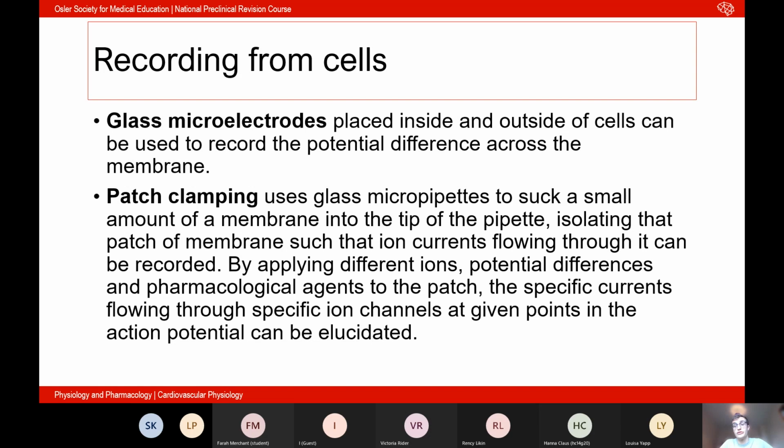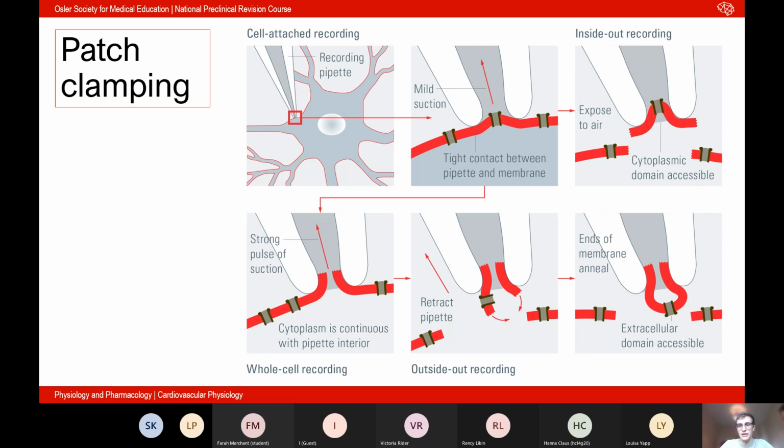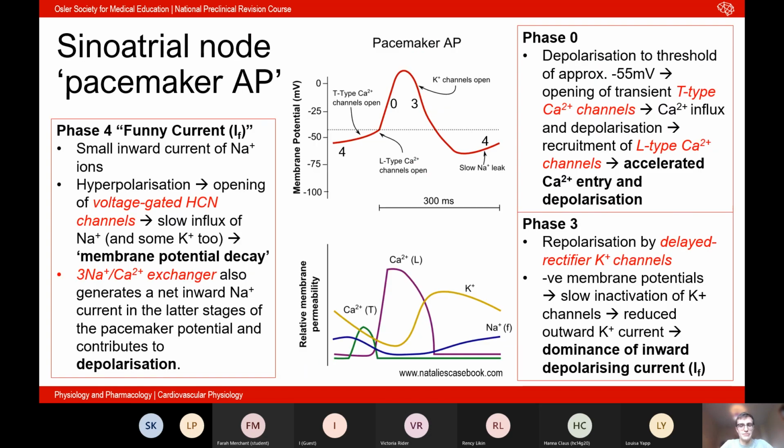Just a very quick reminder, I'm not going to go through these, but these notes are in the handout. There are different techniques that we can use to record from these cells and learn about these currents. I, for the life of me, never understood these in first year, but thought that if I include the slides here, then you can read through those. And there's a diagram here as well, but I'm not going to dwell because we are a little bit time limited. So we've talked about ventricular action potentials,